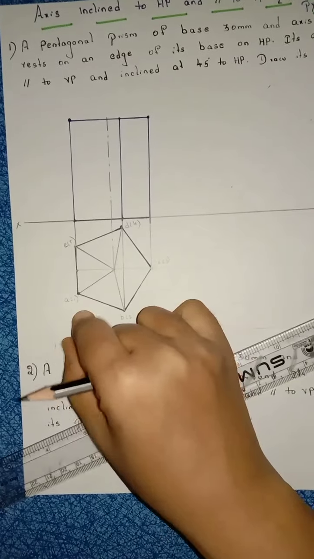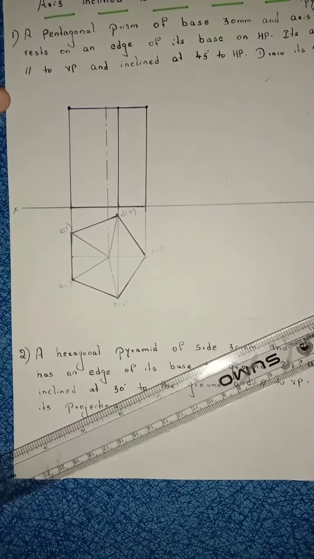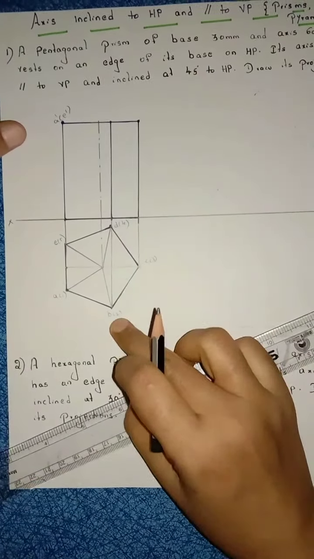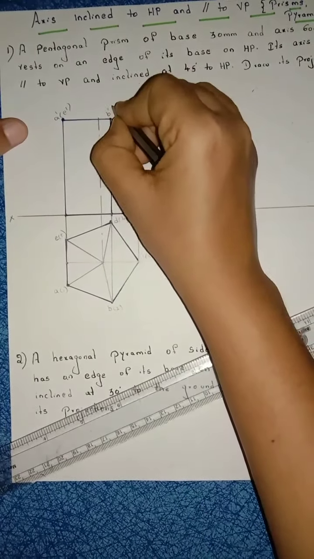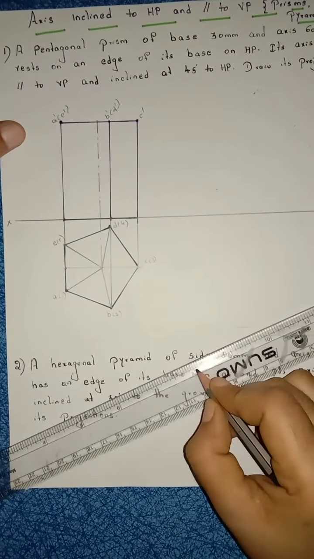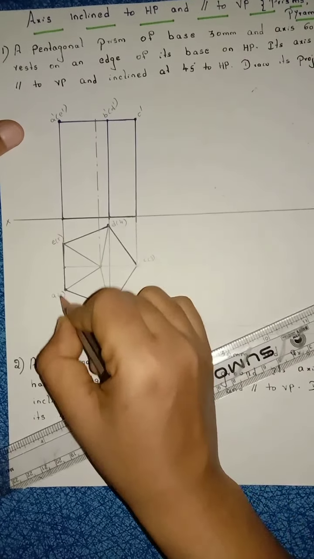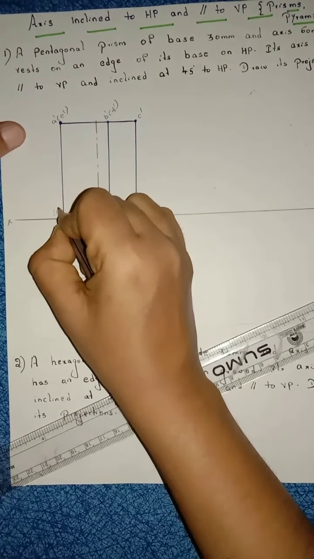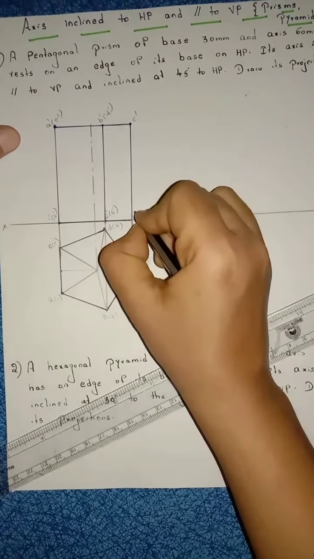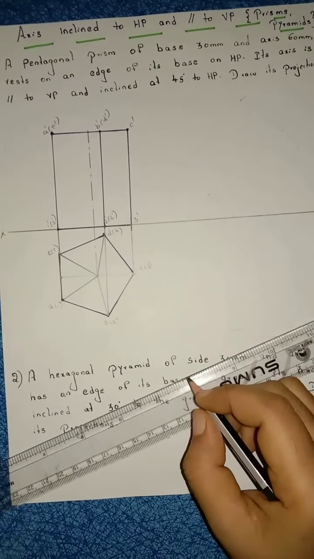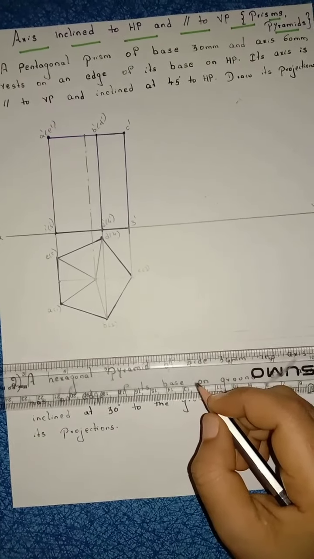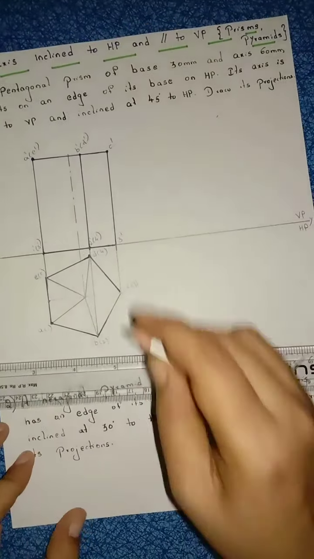Now we are projecting point A, point E, right? So write down here A dash, E dash. We are projecting B and D. Write down here B dash, D dash. We are projecting here C dash, right? Then next numbers 1 dash, 5 dash, 2 dash, 4 dash, 3 dash, right? So this is your first position, right? Now let us see what is the next step.